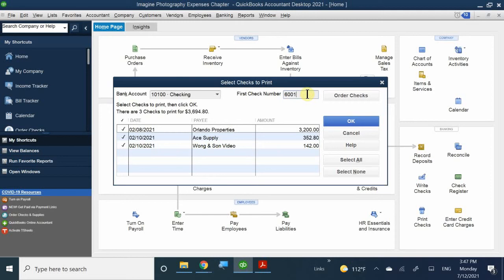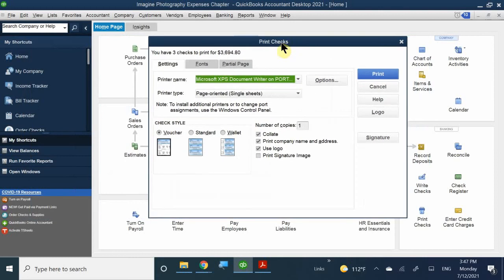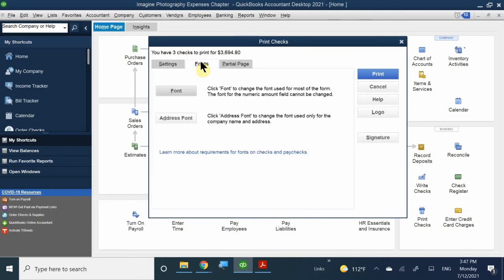Now, with that being said, I'm going to go ahead and click OK, and it's going to pull up a second print window. This is where you can set the printer, which printer is going to print it, and check out the properties or options, like is there front and back printing, etc. You could also change the fonts if you'd like. So once again, this is only for if you are printing